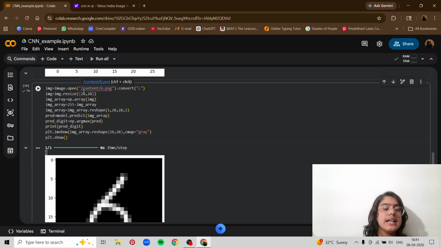First, I've resized the image to 28,28 because all the images that I've trained for are 28,28, and even the code that I've written is for 28,28. Next, we have img_array equal to np.array of the image. Over here, I'm basically making the image into an array. The previous images were already arrays. And then I have img_array 255. So I forgot to tell this little detail.